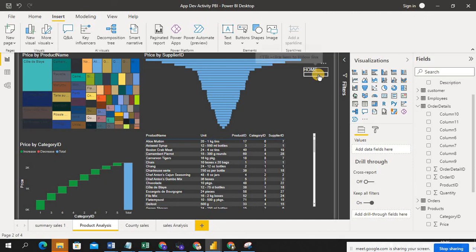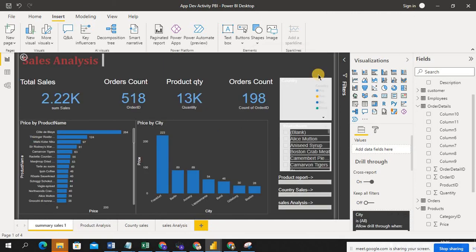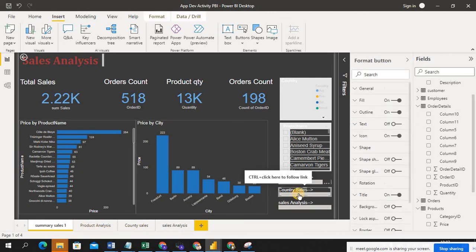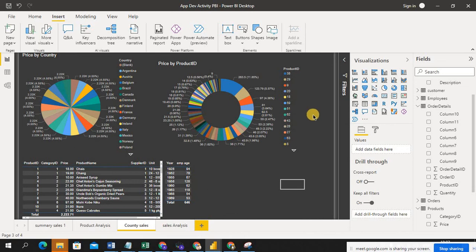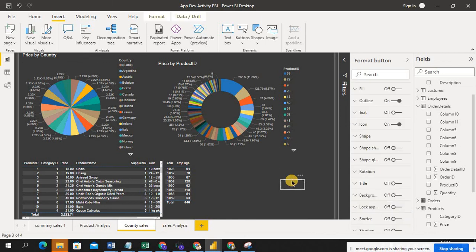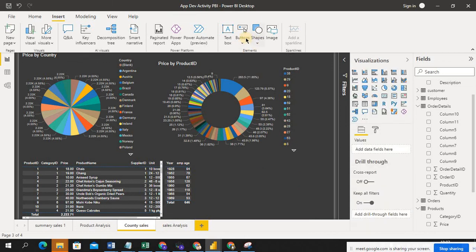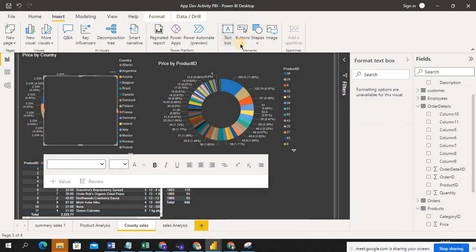Now see, the same way, for each sheet I have a home button. For country sales I still didn't add it. Okay, I'm going to add the button here also. So go to buttons, sorry, go to buttons,